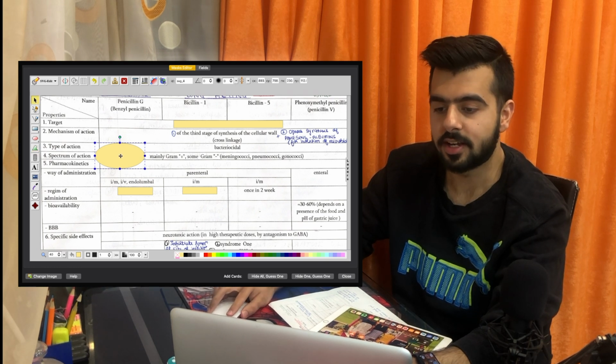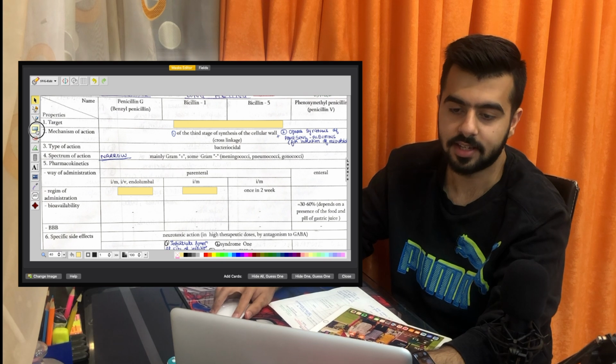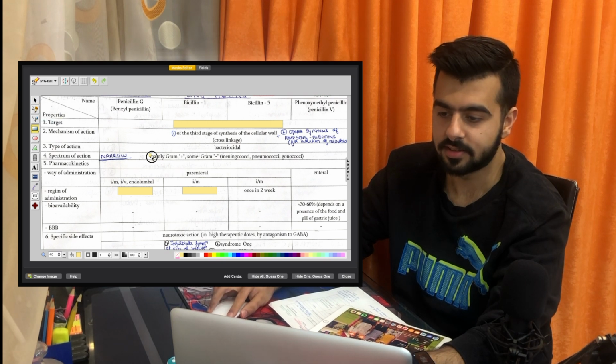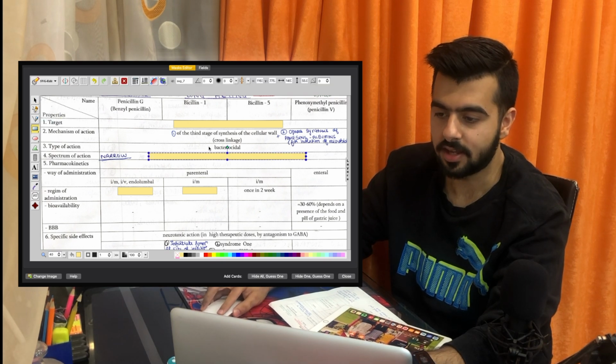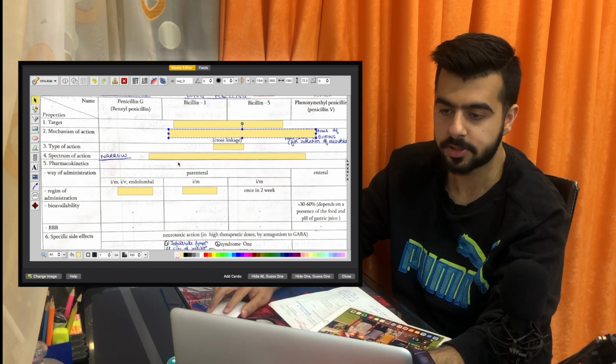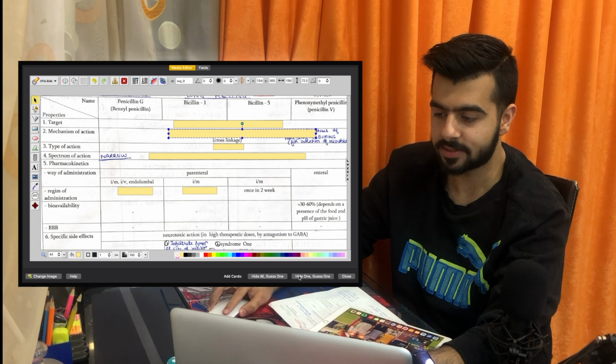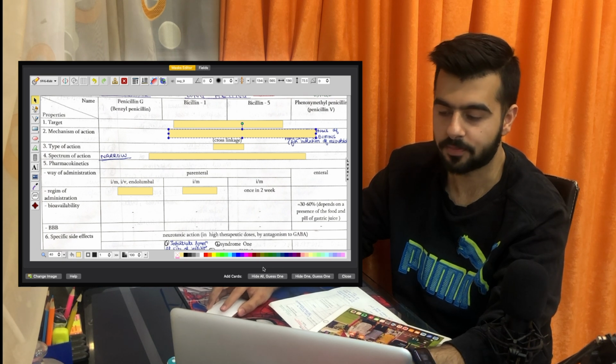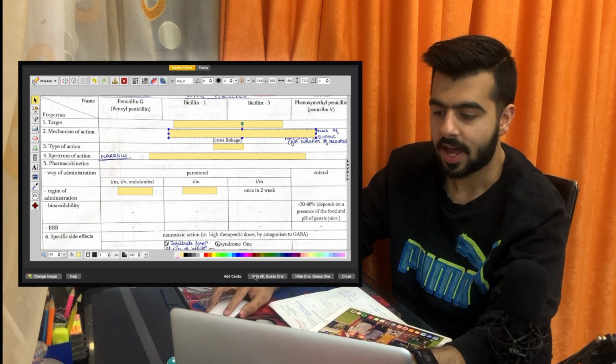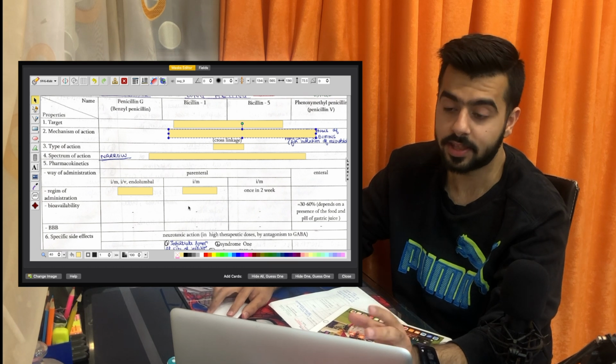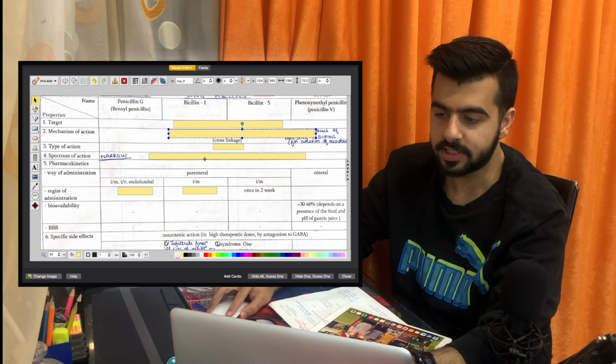So once you're done masking your cards, let's say I have to make cards like these on each of these blocks. So once I'm done, I'll get an option to hide all, guess one, or hide one, guess one. Now what does it mean? Hide all, guess one means when the card will come, all of these will be hidden.